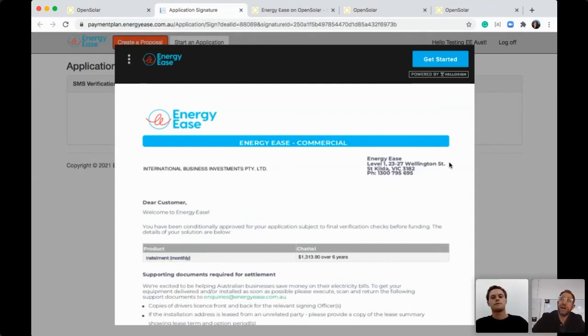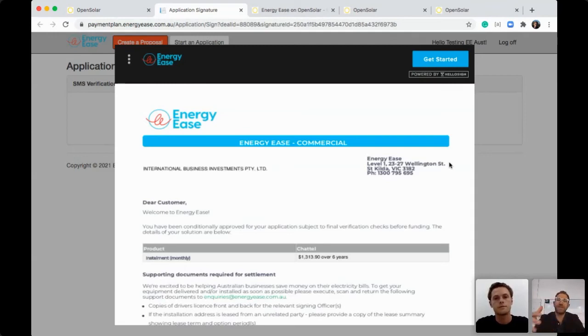So it's not just an upfront capital purchase, and the whole thing is about building the payment plan application, decisioning and signing process into the same session that a commercial client, again, it doesn't matter if it's a not-for-profit or a for-profit entity, when they're reviewing the OpenSolar proposal, which is the system size, the savings that are expected, and the design, they can also then figure out how am I going to pay for it in one session and